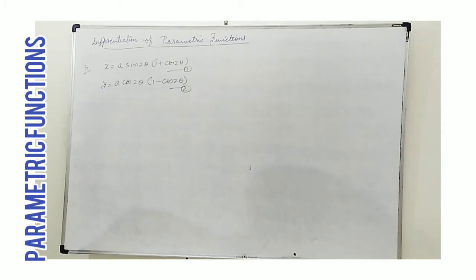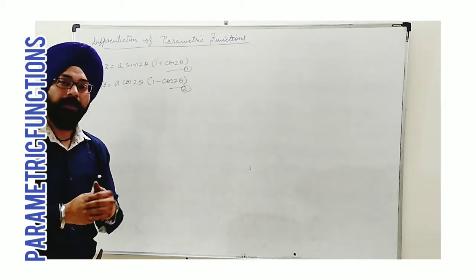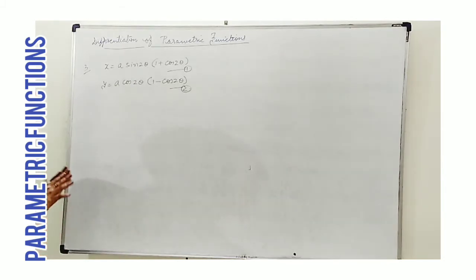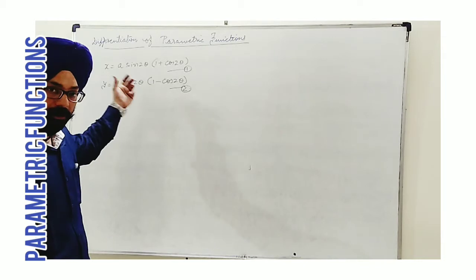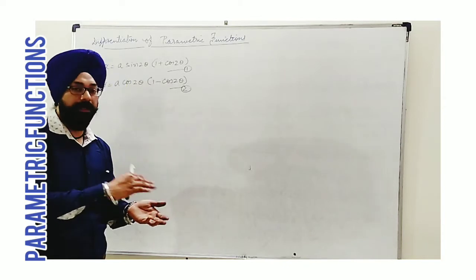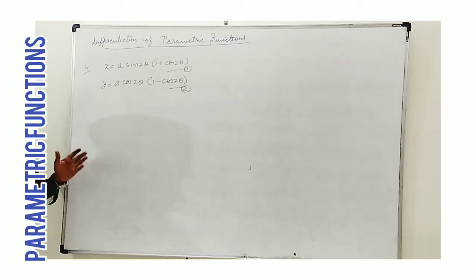I will do this directly. Why? Because we need some manipulations also to come back to implicit form, and as I think in general students feel convenient in direct differentiation of parametric form. So let's go ahead with that only, and no manipulation. Otherwise trigonometric identities are also applicable. So those who are perfect, who are confident, they can manipulate using trigonometric identities, and then go ahead. Before differentiation, you apply the identities, simplify, then start the differentiation. By the way, what students can generally do, that I am applying.